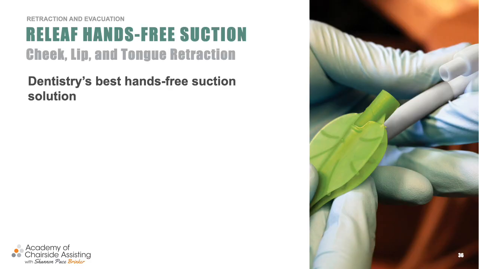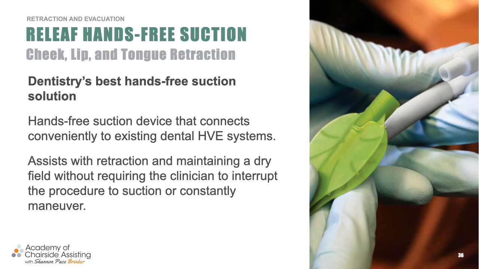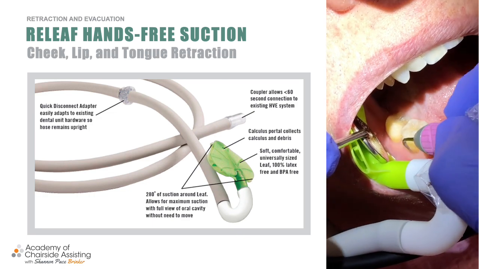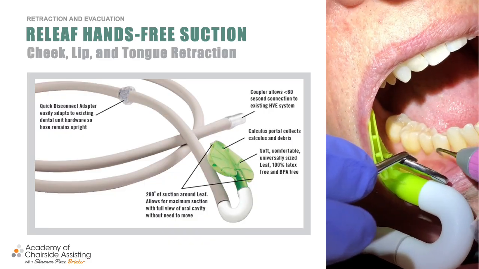I also want to share with you some other relief. This is called the relief, and other devices similar to the dry angle, but this actually fits on a suction. Basically the little leaf fits into the cheek just like the dry angle does. It goes on the high volume suction. My hygienist loves this. It can be utilized anytime they're using a ProphyJet or an air polisher, any type of ultrasonic device here. And again, I'll use this if I'm doing sealants. Sometimes we'll utilize it if we're doing a root canal,